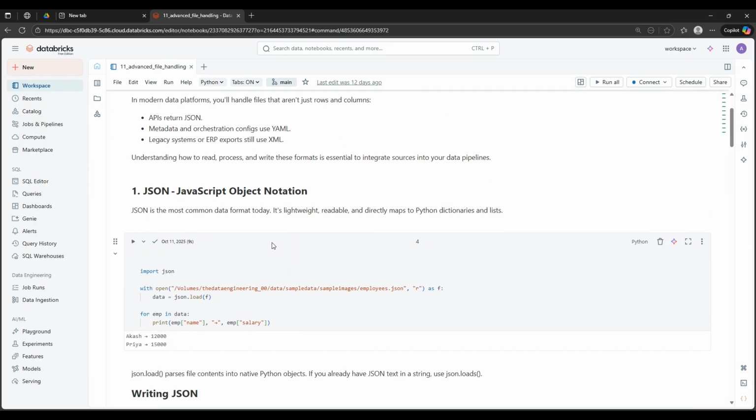Let's start with the first, JSON. JSON is JavaScript Object Notation. That is the full form of JSON. It is the most common data format used today. It's lightweight, readable, and directly maps to Python dictionaries and lists, and therefore it is very important to learn the